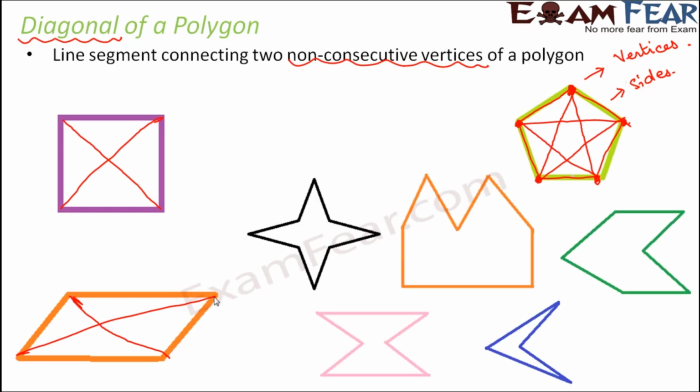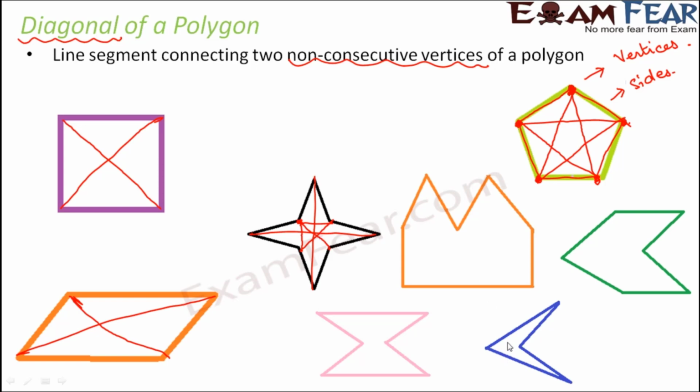Now you think of other polygons like the concave polygons. There also you have the concept of diagonal. You can join any two non-consecutive vertices. So this is one vertex. For this vertex, this point and this point are the consecutive vertices. So you join it to any other vertex. This is a diagonal. This could also be a diagonal. This could also be a diagonal. So like that you can draw several diagonals. Similarly, you can join this point to this point, that is also a diagonal. This point to this point is again a diagonal. This to this is a diagonal. So you can have many diagonals.